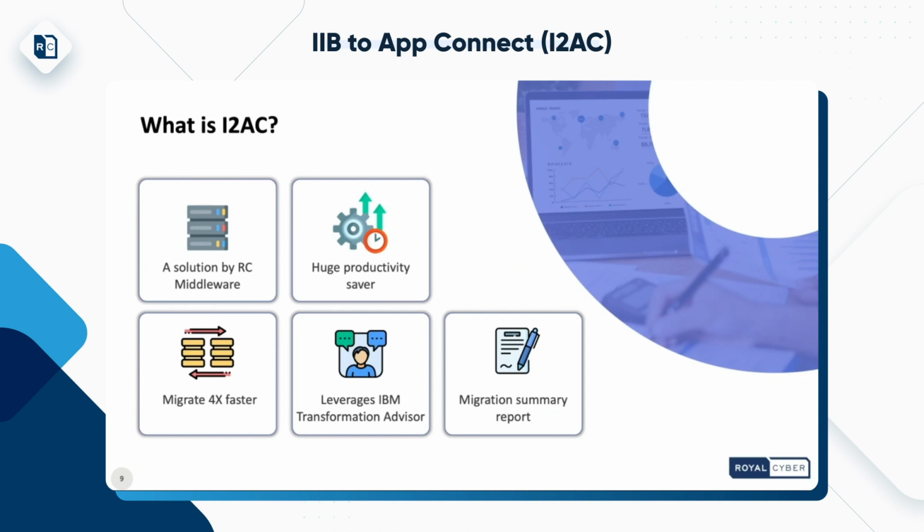It comes with a managed framework that provides an easy to use UI, an event log, and handles all errors gracefully. It leverages IBM Transformation Advisor to provide you change recommendations and a nice summary report that shows a snapshot of the migration activity. You can see all the integration servers that are migrated successfully or failed during migration, including details such as error code and the reason for failure. Any changes needed to the source code to make it compatible with the newer version of ACE need to be addressed manually.